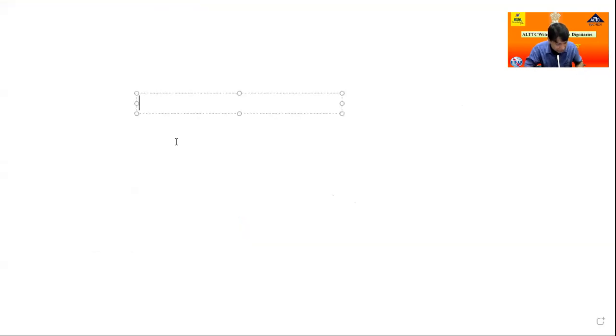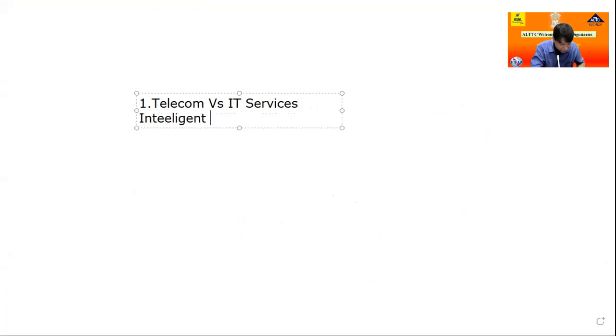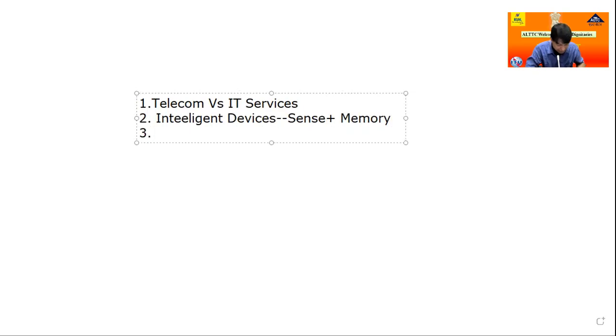First we discussed telecom versus IT services, and second, intelligent devices. What is the meaning of intelligent device? This is sense plus memory. Then our devices have sense and memory. Next, this is number 2, and then number 3 becomes look path. This is the smart.